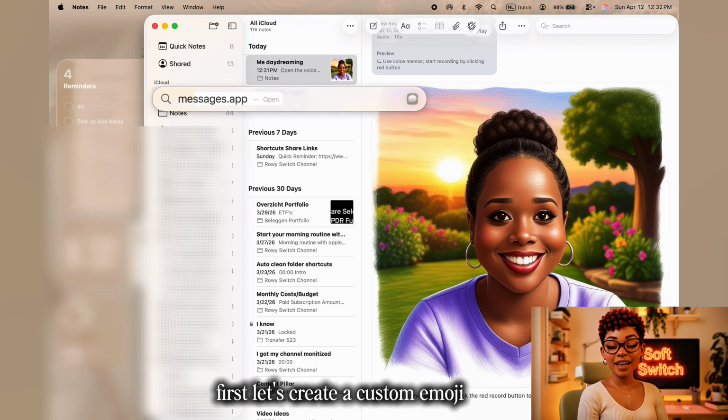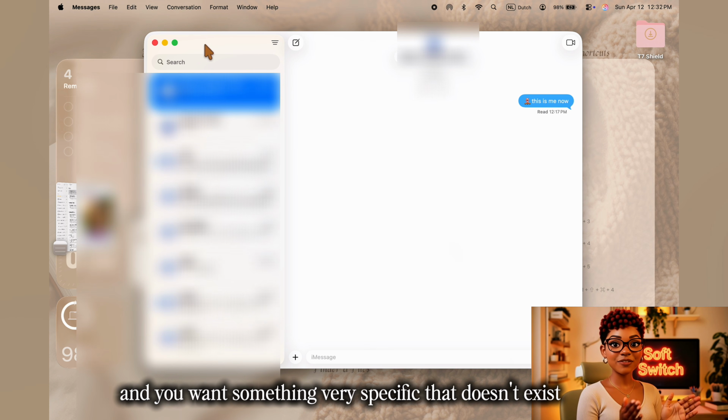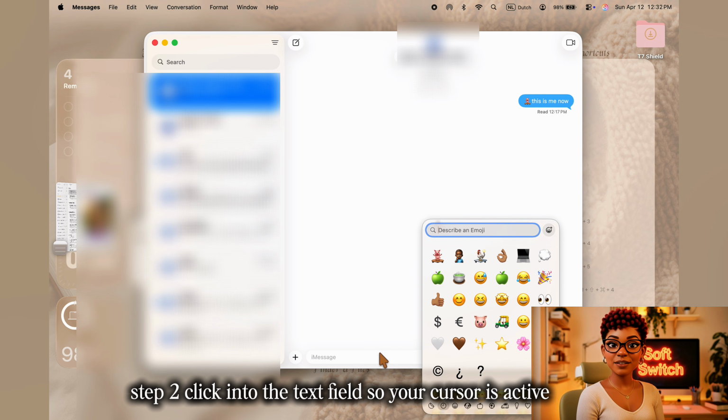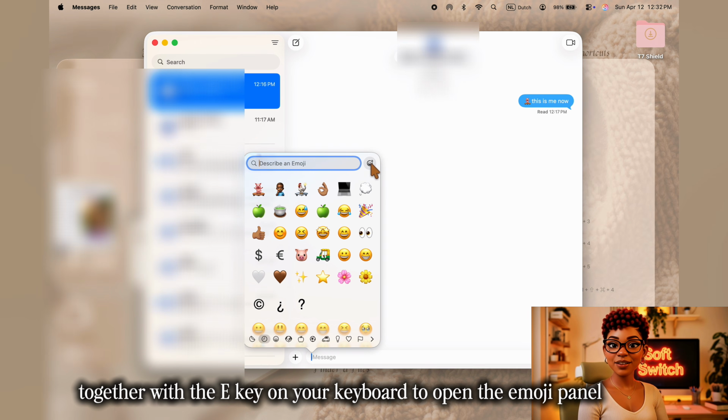First, let's create a custom emoji, also called a Genmoji. Let's say you're in Messages and you want something very specific that doesn't exist. Step 1, open Messages or any app where you're typing. Step 2, click into the text field so your cursor is active. Step 3, press the FN key or globe key together with the E key on your keyboard to open the